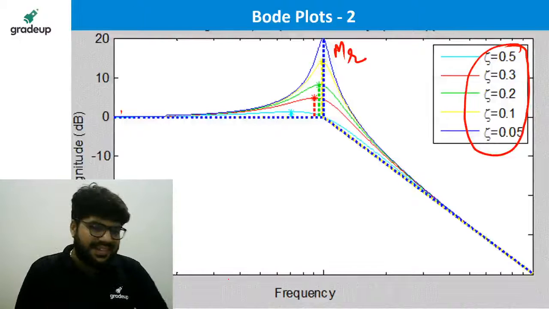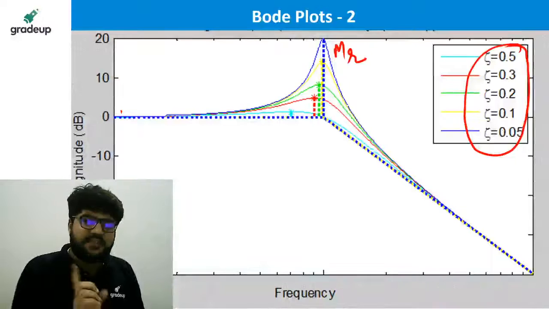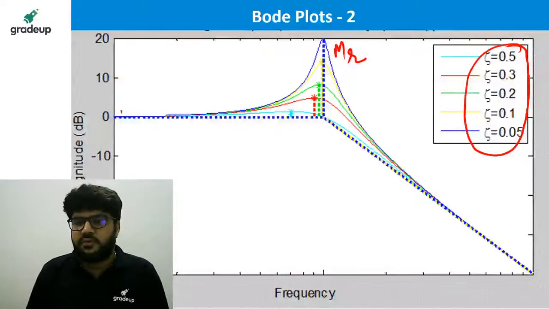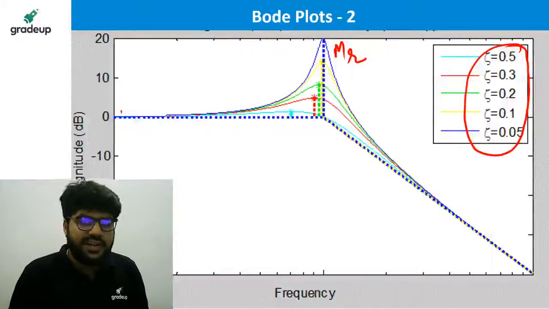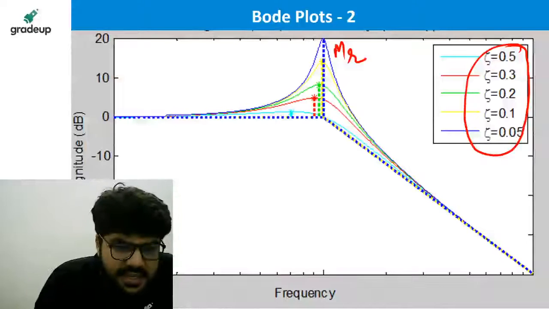Now, let's come to a point: the Bode approximation for second order terms is not usually followed. For first order, the Bode gives a very good analysis. For second order, Bode is not usually followed. Why? The reason is